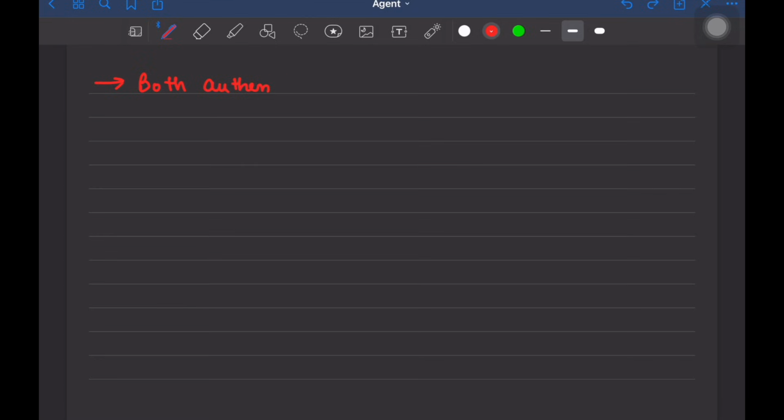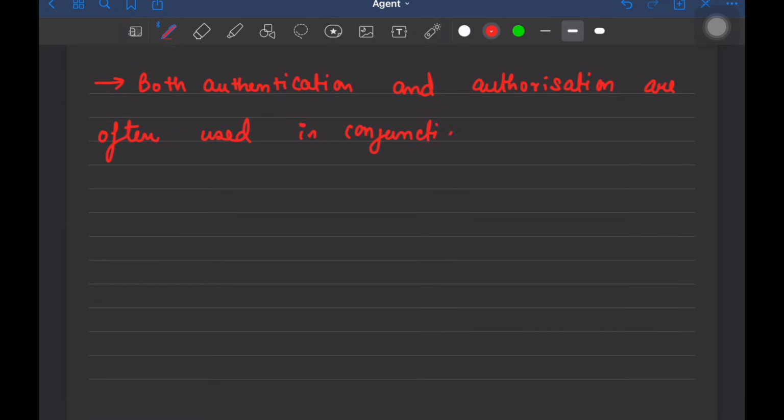both authentication and authorization are often used in conjunction with each other in terms of security,